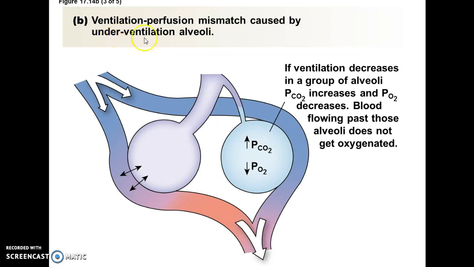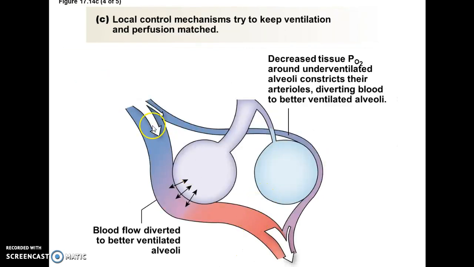If you're underventilating a particular area, for example this area here is underventilated, then you're going to have an increase in carbon dioxide and a decrease in the partial pressure of oxygen. So if the partial pressure of oxygen is lower, why are we going to send blood in this direction? So basically we'll use a little precapillary sphincter that will block off the flow to this area that's getting poor ventilation. Why are we going to perfuse this area if the ventilation is poor? So you're going to see that local control is going to make that blood vessel narrow. And then so the